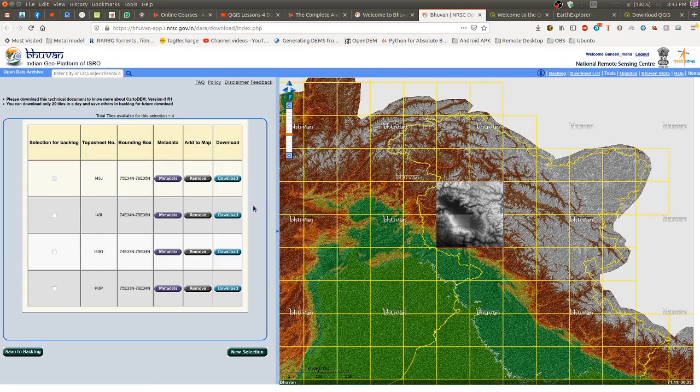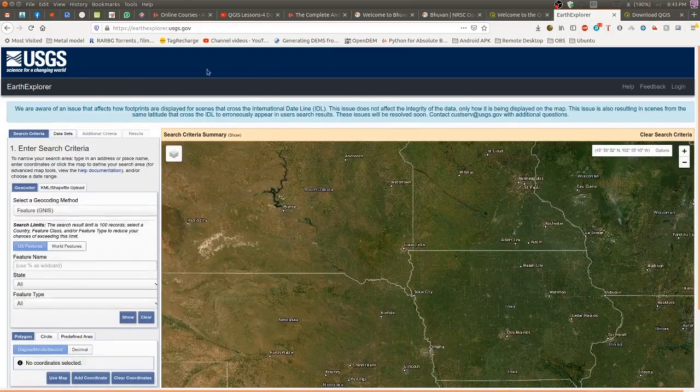And there are other DEMs available from SRTM. For that you have to go to Earth Explorer of USGS, earthexplorer.usgs.gov. This is the site you have to go to, and here also they will ask you to register. This is the login.